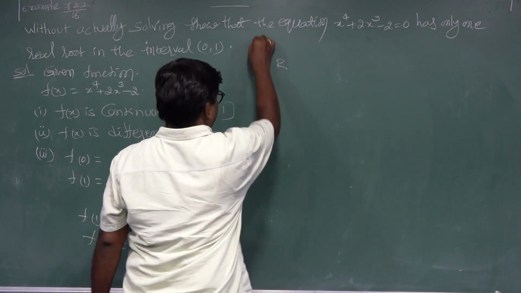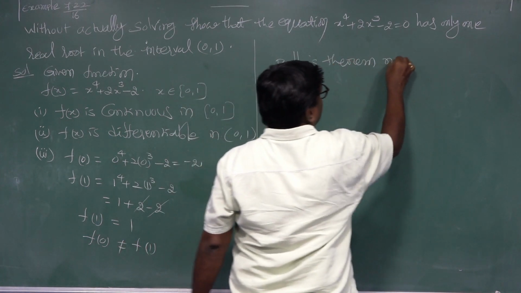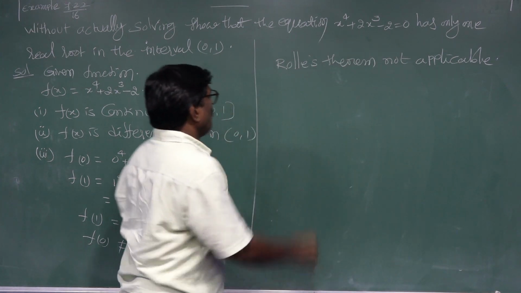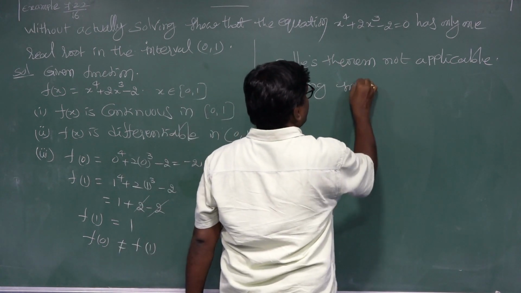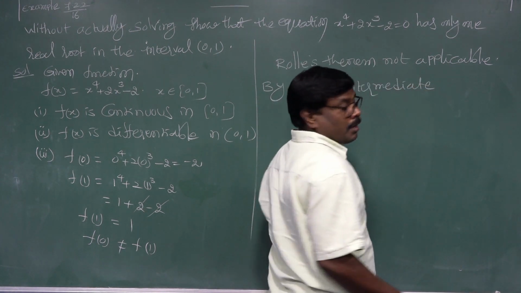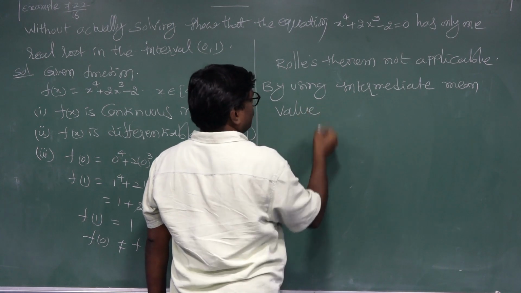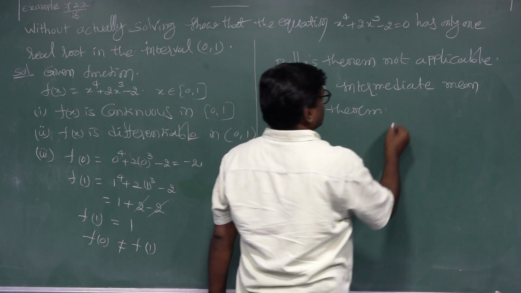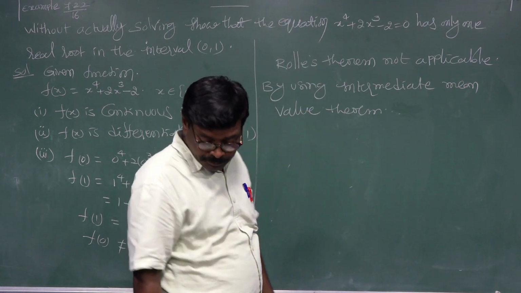So Rolle's theorem is not applicable. By using the intermediate value theorem, this is the intermediate value theorem. By using this, now,